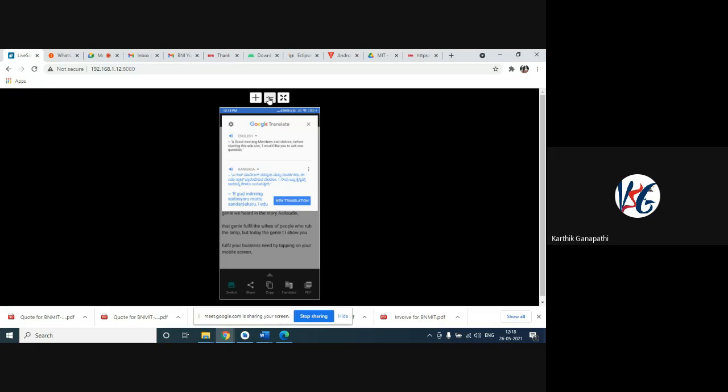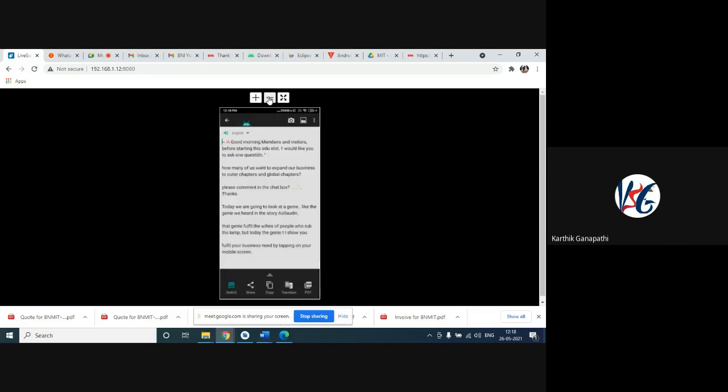Yes, sir. Automatically it will convert whatever text is there. It converts the image that has been taken by the camera into text, and that text can be converted to any language as per our requirement. As you can see, right now it is showing Arabic. It can be converted to any language as per our wish. So this is one application.